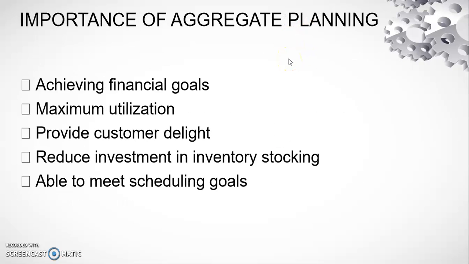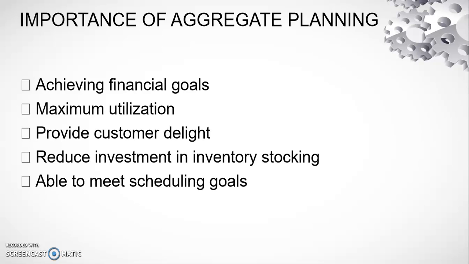So, the importance of aggregate planning. Since we have seen the previous slides, we know how important aggregate planning is for the organization. So aggregate planning plays a very vital role in achieving long-term objectives of the organization. It helps in, number one, achieving financial goals. How does it achieve financial goals? Because it has to reduce the overall variable cost and it has to improve the bottom line. Then it has to maximize the utilization of the available production facility,